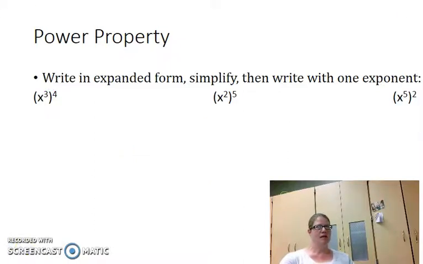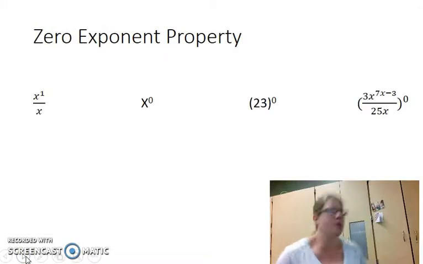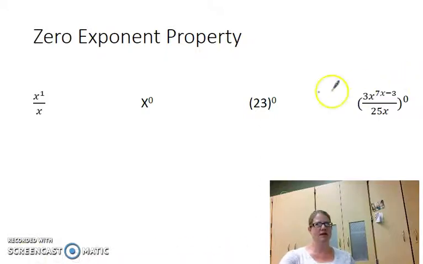A couple more properties here. On our next slide, we have the zero exponent property. All the zero exponent property is saying is that anything raised to the 0 power is always just going to be 1. And the reason for that is, notice my first one, I have x to the first power